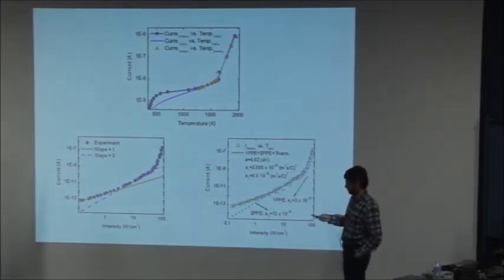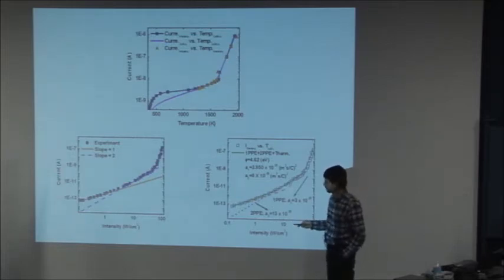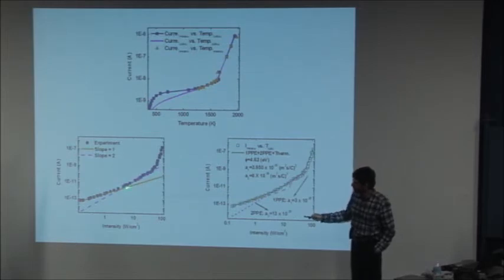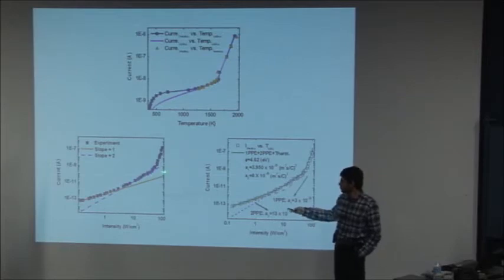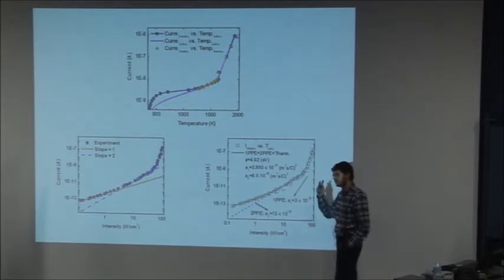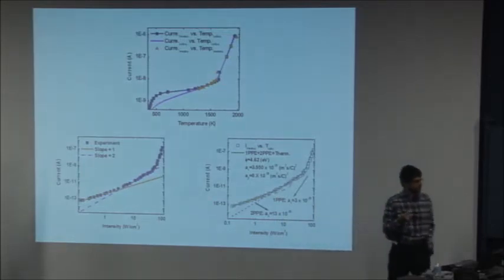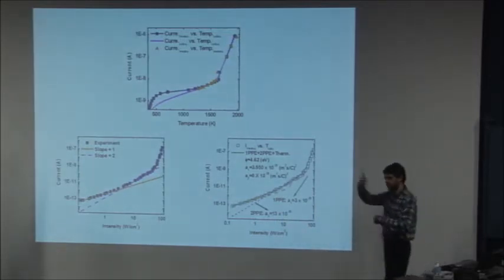And another thing that's interesting, if you take a very close look, is that this current as a function of laser intensity, if you plot it on log-log scales, you will see a slope of 1 here, and then there's a regime which has a slope of 2. Now, for people who do photo emissions, slope of 2 is important because that indicates a second-order process, a 2-photon photo emission type of process, 2 photons combining energy and kicking out 1 electron.